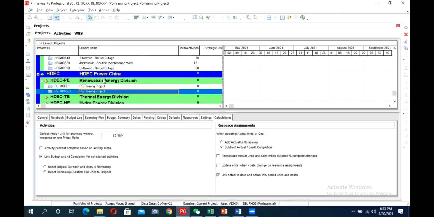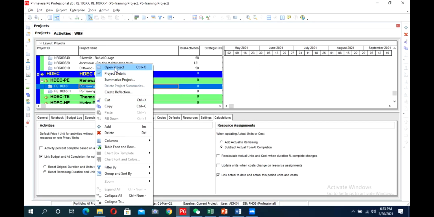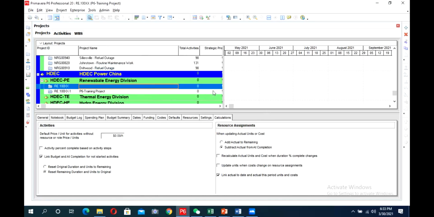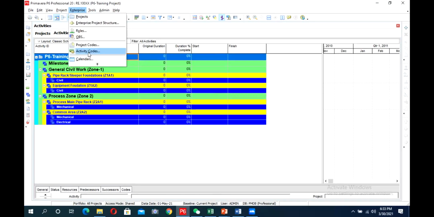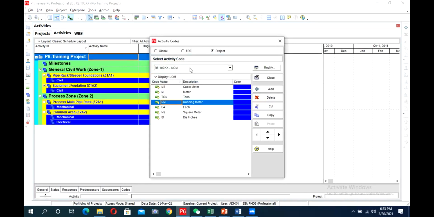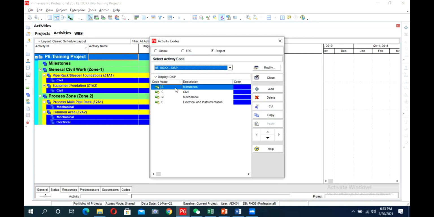What will happen? Now, if I go to the project, I go to activity codes and I select discipline here. Now I try to write 2. I cannot. It will not take more than 1. This is happening.